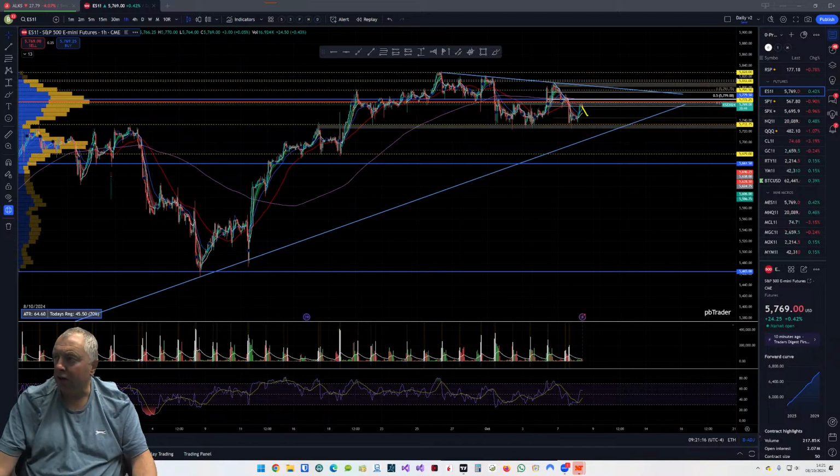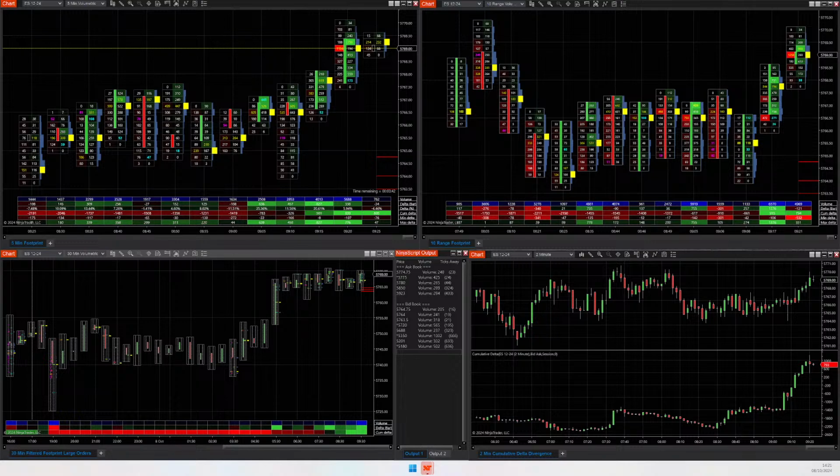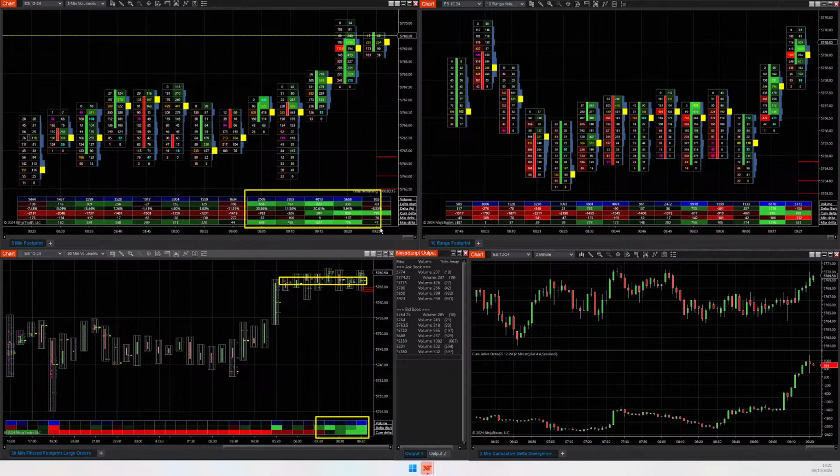And that's it. Let's quickly flip over to the order flow. You can see I've got 4 screens. Interesting today. We've got all these orders in a similar place. So that's potential support or resistance depending on where we are. Right now we're above that area, so it could be acting as resistance. And look, even though we're going sideways, we're putting in green deltas. You can see that here on the 5 minute as well, starting to break up over these areas, which is quite a strong area of big orders.